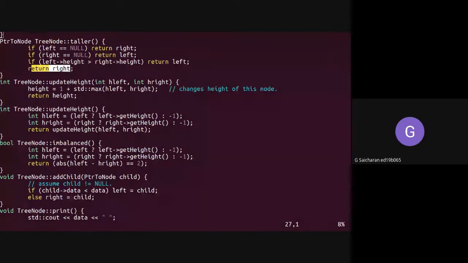Sir, how does this return the taller? These are more like greater than or equal to. So even if both have the same height, it will return either of them, because that is the application semantics that we require from taller. Whichever has higher height will definitely get returned. And if both of them have the same height, then one of them should get returned. That is the semantics that we want. Do you see that some problem occurs in this code? No, sir, got it. Okay. Any other concerns anybody has?